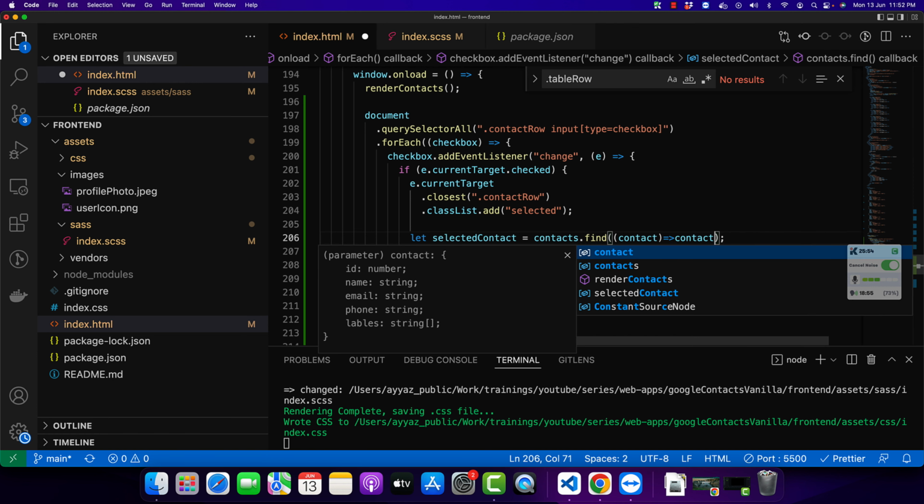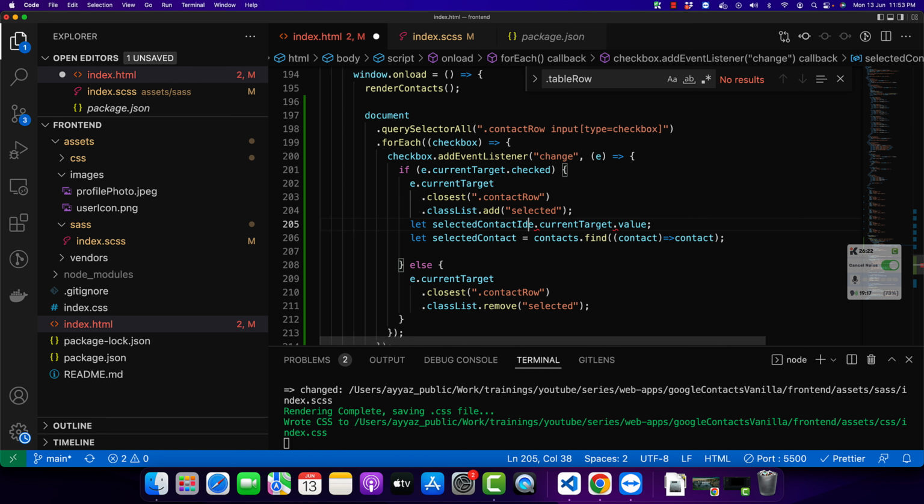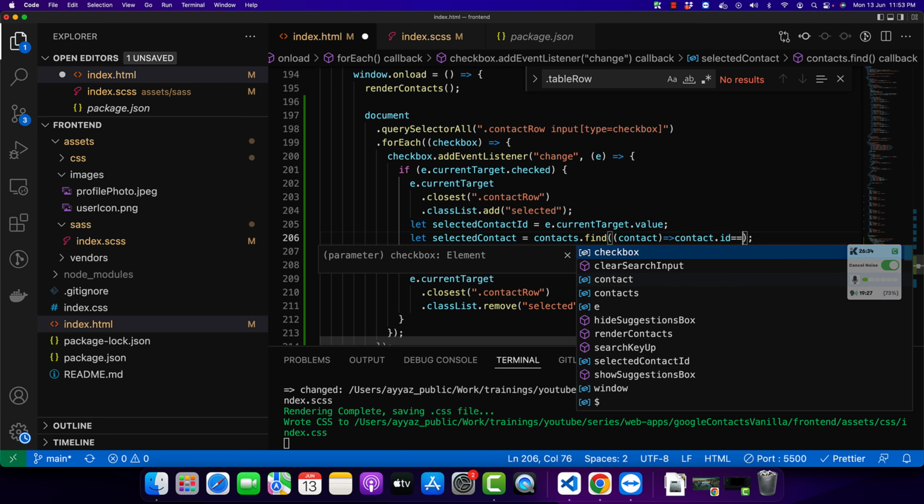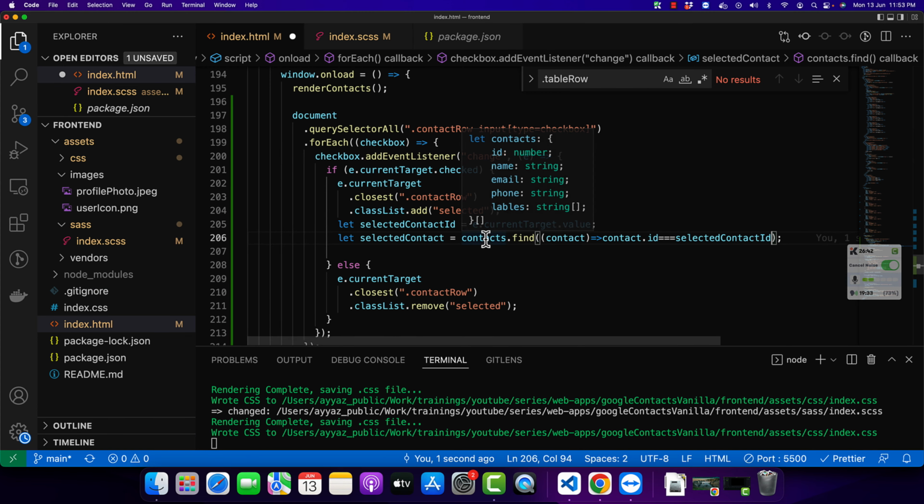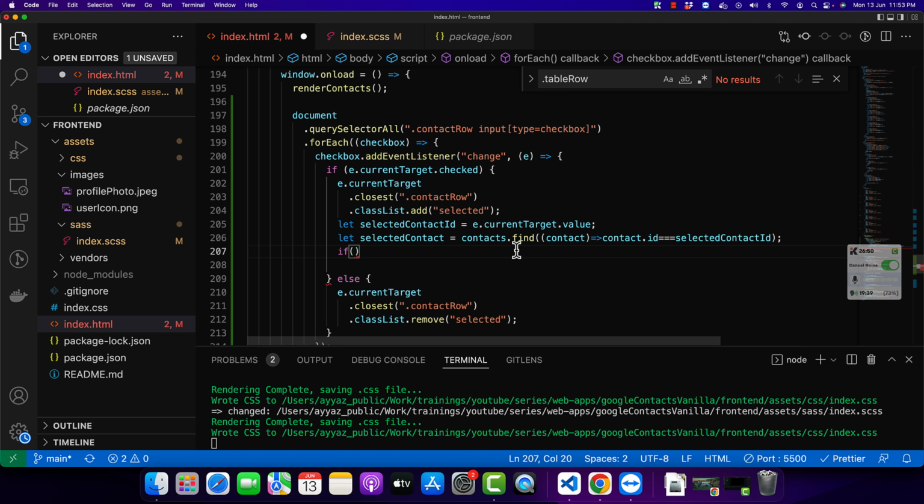And we need only the contact that matches the contact ID of this checkbox. For example, if this checkbox is selected, then we also have the ID of that checkbox, and we can get that ID from e dot currentTarget dot value. So from here we can get the ID. Let selectedContactId. This is a variable, and in this variable we have the selected contact ID, so I can use it to compare in my condition. I want to get only the contact whose ID is equal to the selected contact ID. If this is the case, then that would return me that contact, and then I will save it in this variable. Now, if we find a contact from this array,